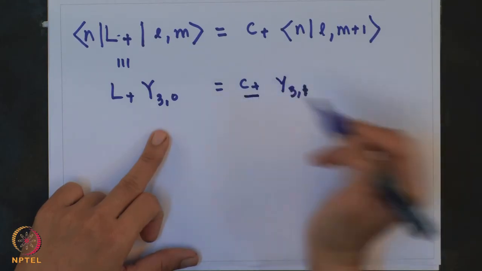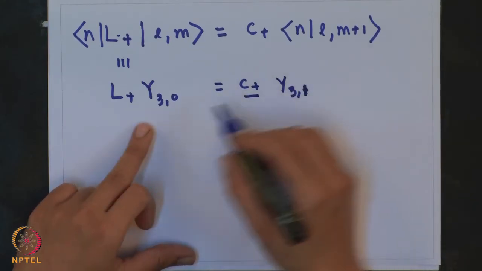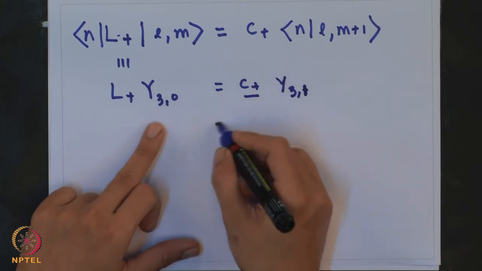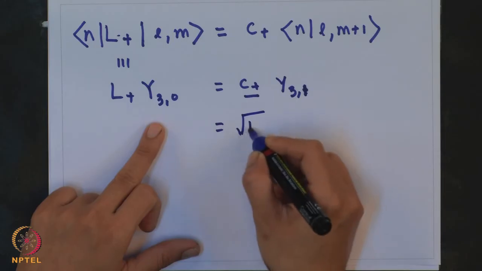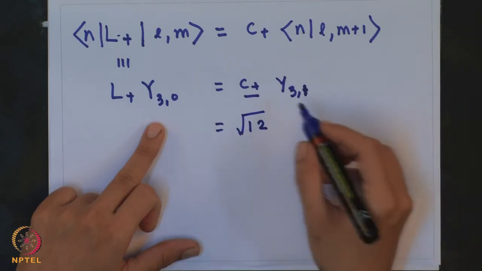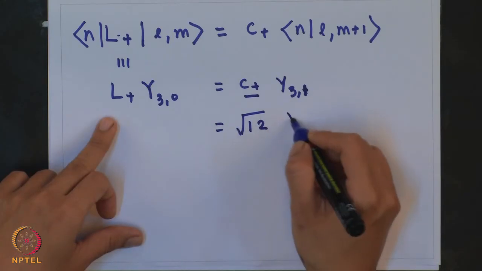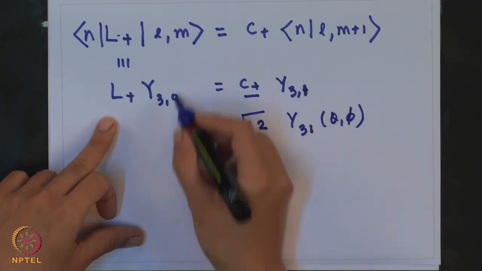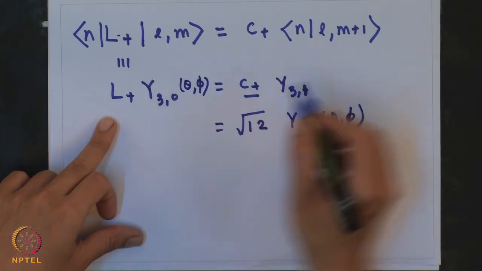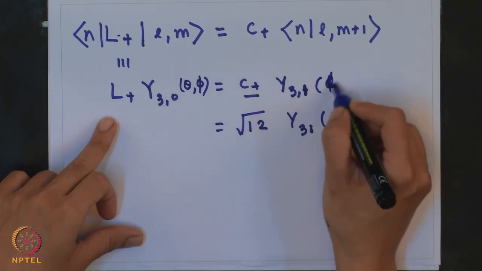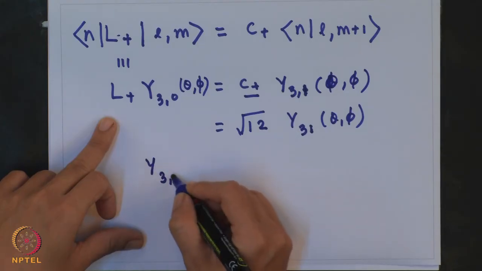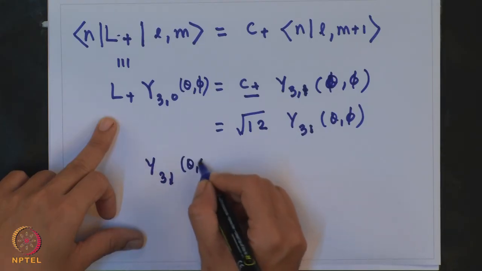So I have to evaluate the value of C. For L equal to 3, m equal to 0, I will have C plus as square root of 12, and theta phi is as it is. So y31 theta phi